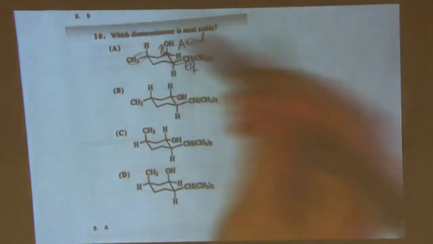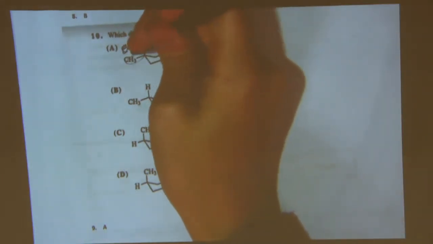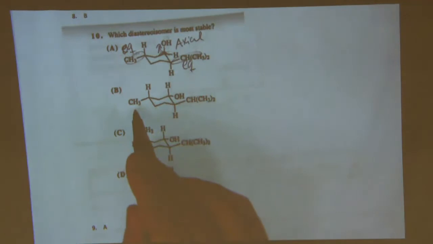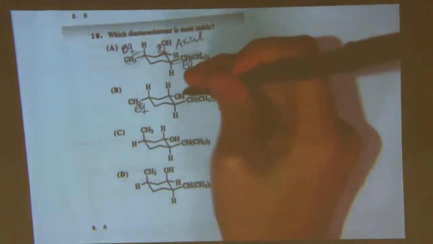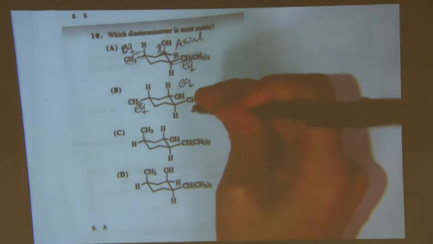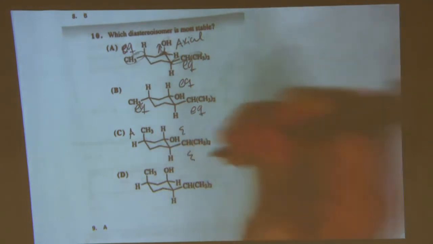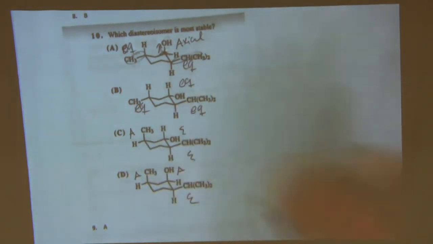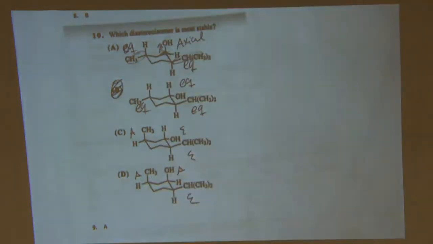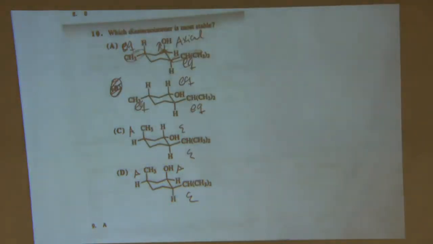And then what about this one? Equatorial. Okay, so we have 2 equatorials and an axial. And then what is this? Equatorial, and this one. Equatorial, and this one. Right. Axial, equatorial, equatorial, axial, axial, equatorial. So B wins, right, because they're all equatorial. They could have given you a case where 2 of them were equatorial at 2 positions and 1 axial at the other, if that makes sense. So you could have had no choices where they were all equatorial, and you would have to decide, say, between,